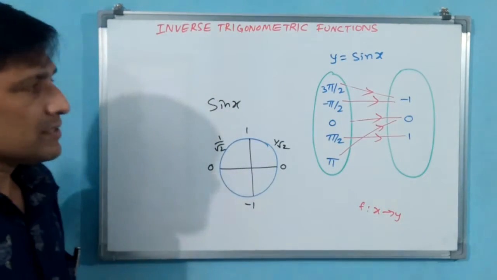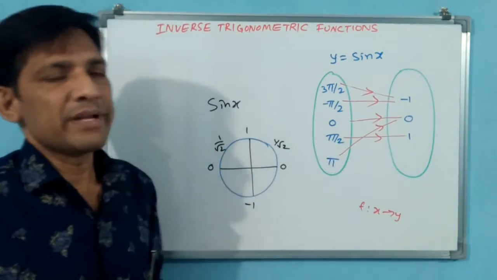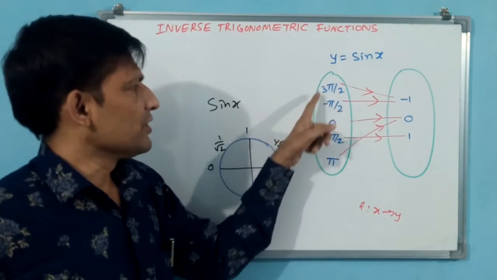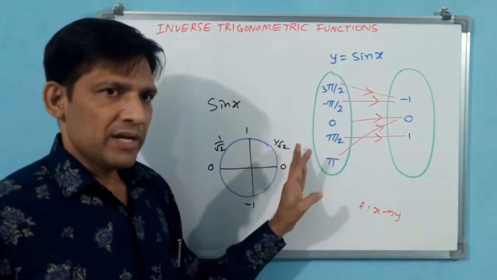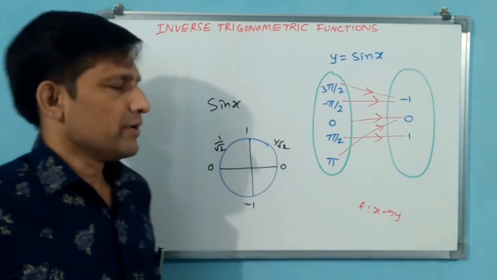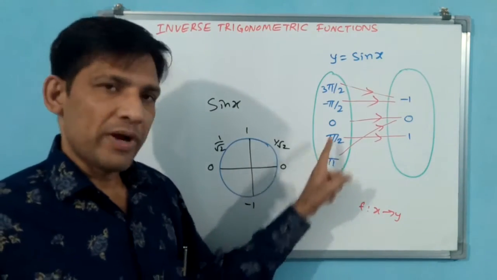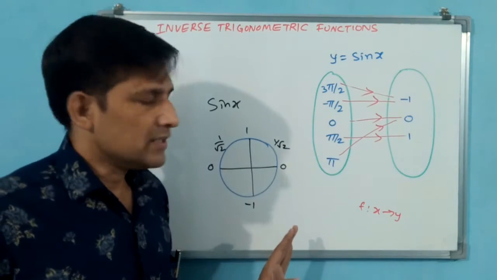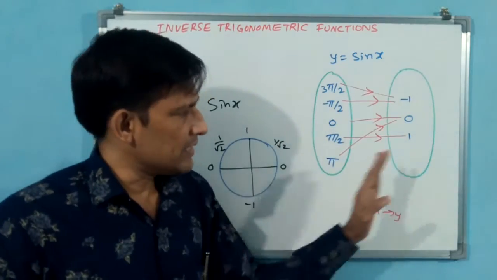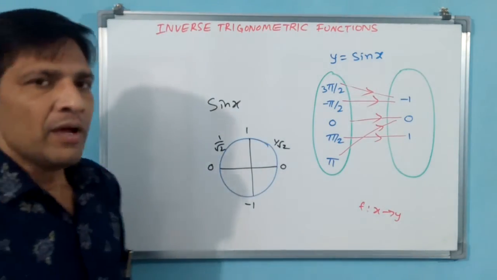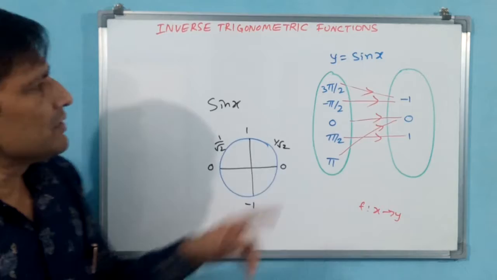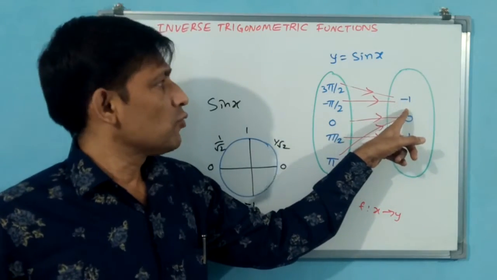Now you tell me, is this a one-one function or a many-one function? First of all, let us understand, is this a function? Yes, this is a function. Why? Because each and every element from the domain has only one image in the codomain. All have been occupied, no one is left. And here, if something is left in the codomain, that is a different thing, but first of all, understand this is a function. Is it a one-one function or a many-one function? Many-one function. Why? Because minus 1 has two pre-images.